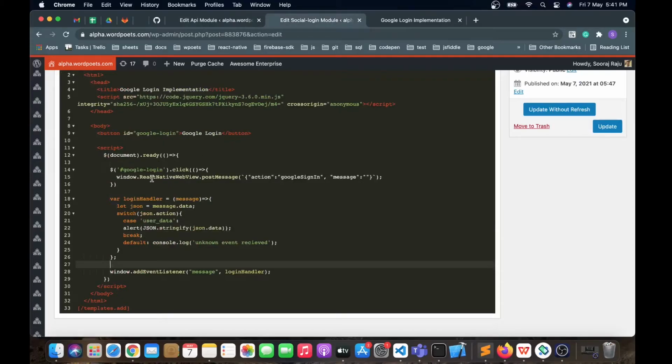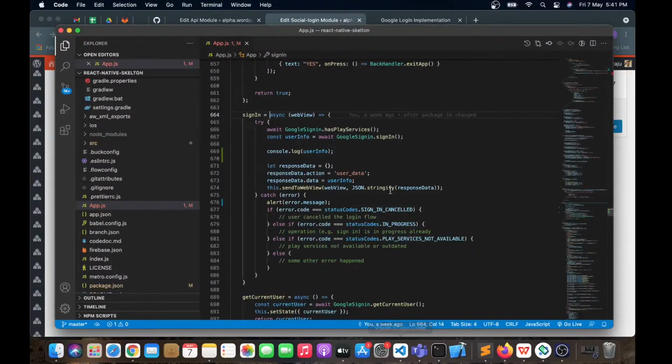So here we are doing a post message, and we are listening to the message event. Whenever we get the message, our login handler gets triggered, and in the login handler we check for the action. This action is coming from our React Native code. As you can see here, we send the data back to the web view once the user is authenticated.